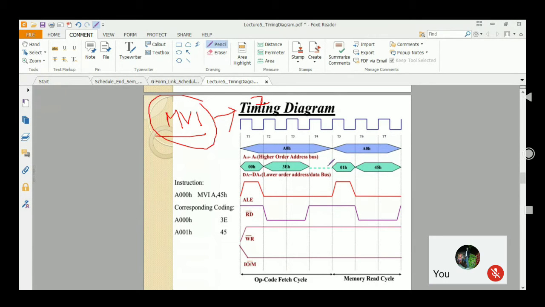So at least for generation of this clock cycle, this higher order address has the majority. The lower order address, whatever instruction you give, the first instruction will come to the higher order address first. Suppose you have given two priorities. If I have to give some priority to one individual, some priority has to be given to the higher order address. So that's why this priority has to be given to the higher order address.